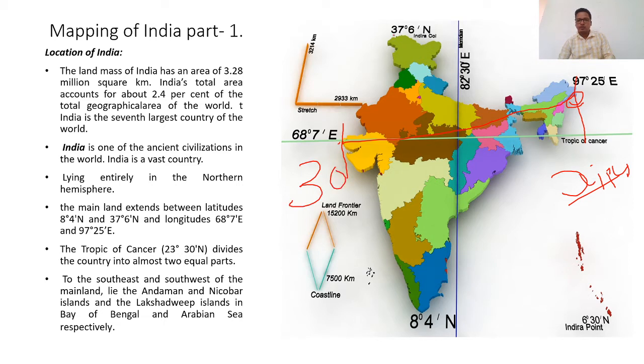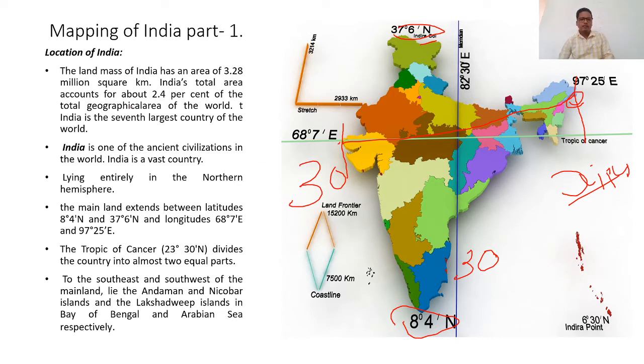So like that, it would be 37.6 degree north, Indira Col. Here you can see the northernmost point of the mainland of India, and here is the southernmost point of the mainland of India, at 8 degree 4 minutes north latitude. So this would also be nearly 30 degrees. That means the variation. So this would be an easy question if they ask you what the latitude and longitude variation of India is: on average, 30 degree variation.